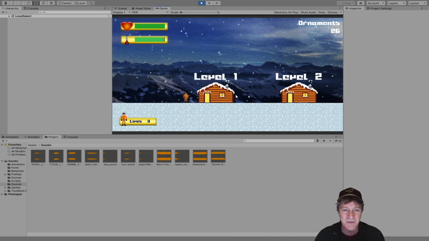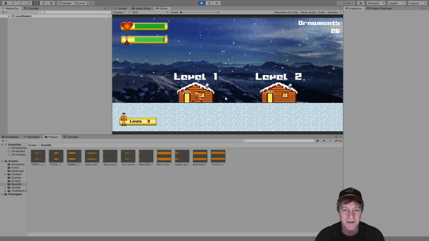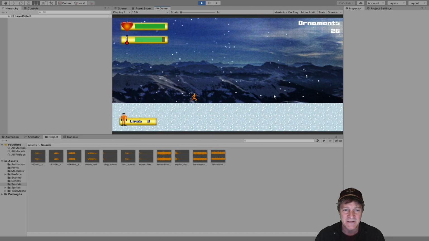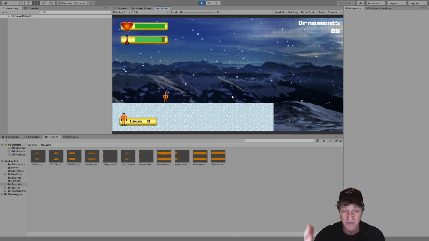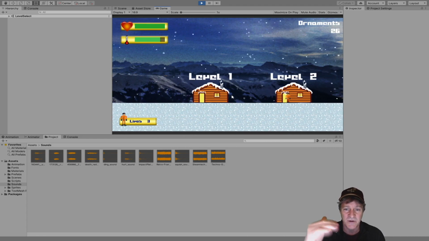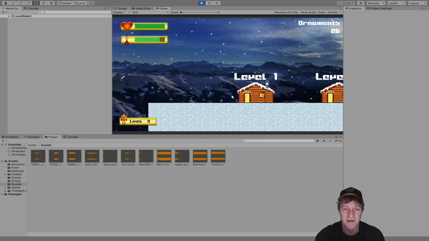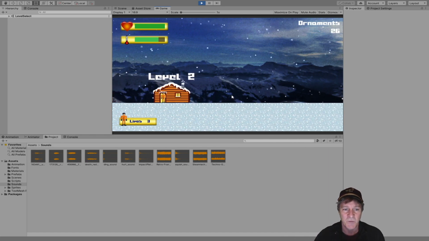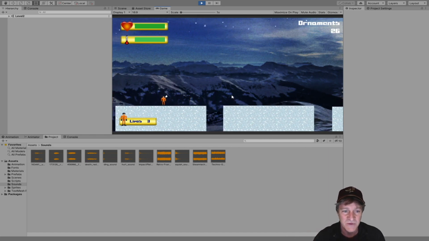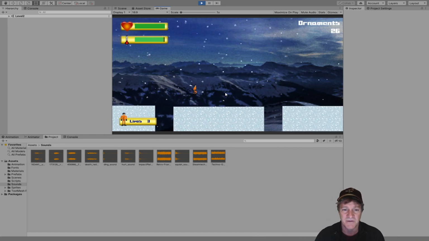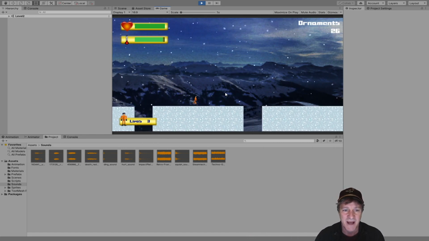And then this is going to be the level select layer. So you can come up to one of these doors and click on the door, basically jump on the door. I'm going to add some more cabins here for levels 3, 4, and 5. So this is a level select here, and these cabins unlock as you complete previous levels. So we just completed level 1, which is always open. Because we just completed level 1, level 2 is open. If I stand in front of the level 2 door and click jump, it takes you to basically just a placeholder level for level 2. There's nothing on it now.